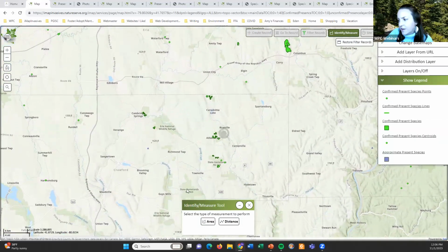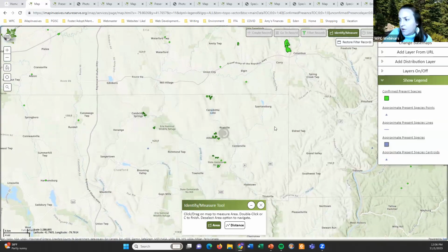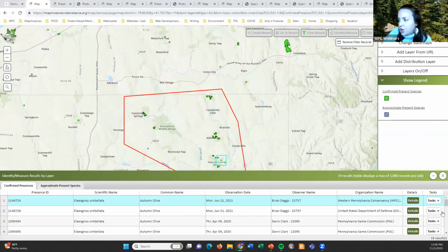So say I'm interested in these data points right here. I'm going to click on area, and then I'm going to start drawing a polygon here on my map, and I'm going to include those points that I am interested in. When you're done drawing your polygon, you will double click and you'll see that polygon show up there on your screen. If you go to where it then says see what's here and click on that, you can now see